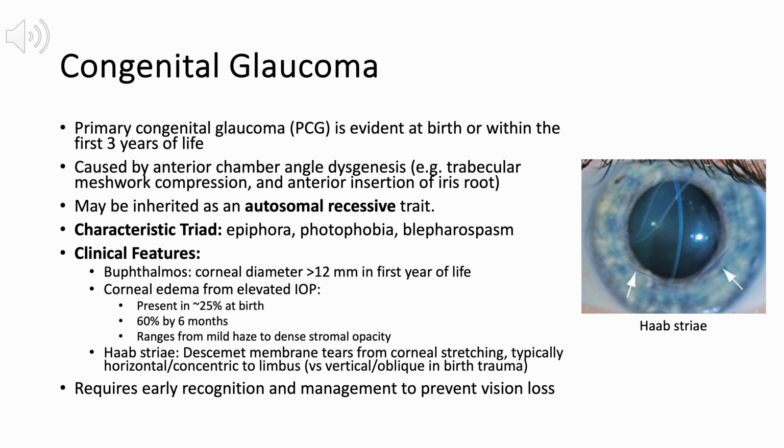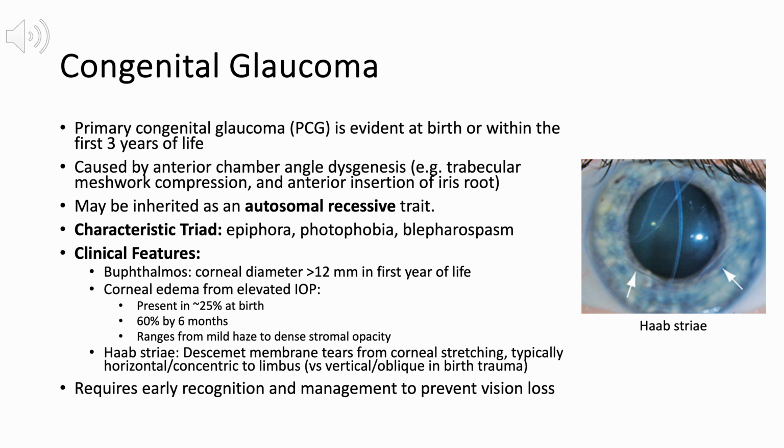This slide describes congenital glaucoma, which is caused by angle dysgenesis, including trabecular meshwork compression and anterior insertion of the iris root. It is usually evident at birth or within the first 3 years of life and can be inherited as an autosomal recessive trait. Clinically, it presents with the triad of epiphora, photophobia, and blepharospasm. Key features include buphthalmos, an enlarged corneal diameter greater than 12 millimeters in the first year of life, and corneal